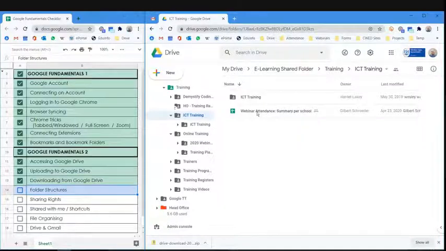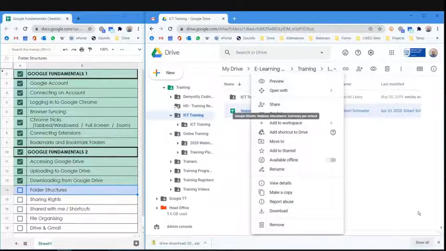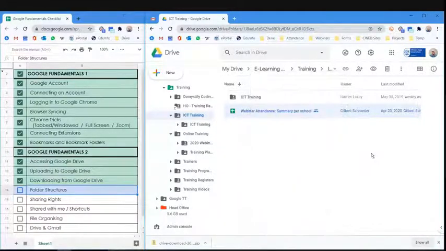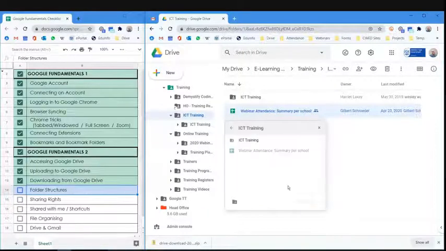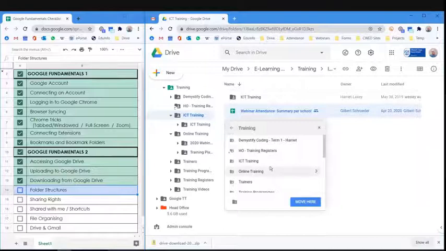But alternatively, what you can also do, and I must say I tend to use this tool a bit more: if you right-click on it, you'll see there is a Move To icon over there, right? Move To opens up this little dialog box, which I can then navigate and find things in. We're going to get to this dialog box a little bit later again. It's a useful one to